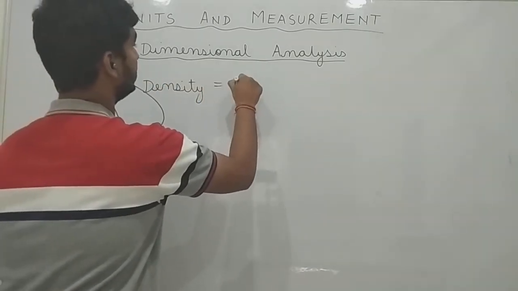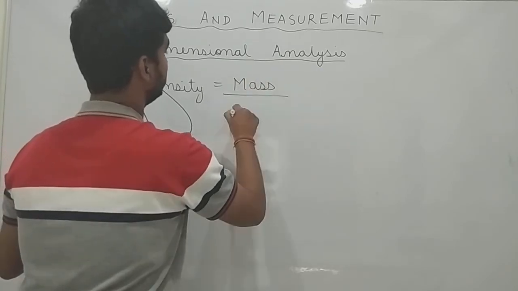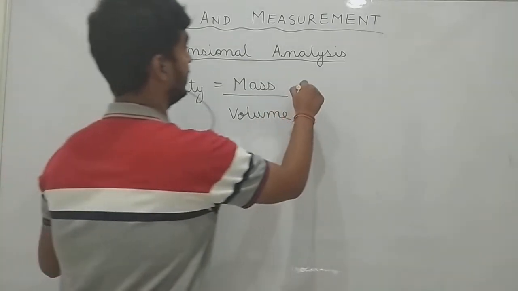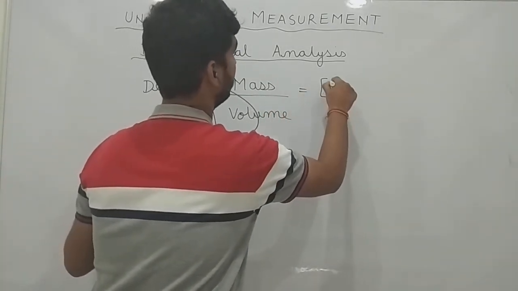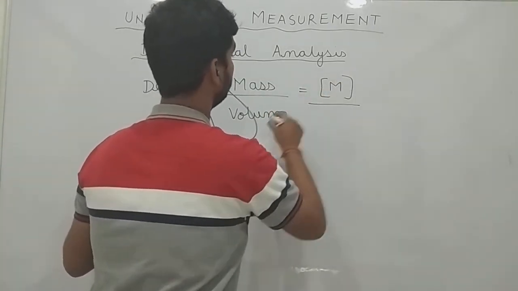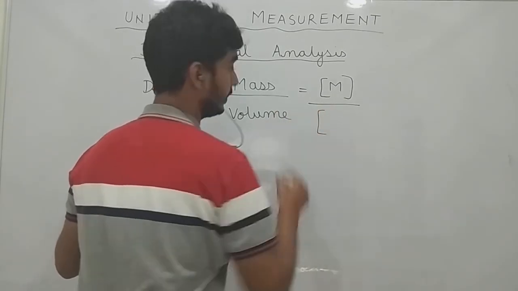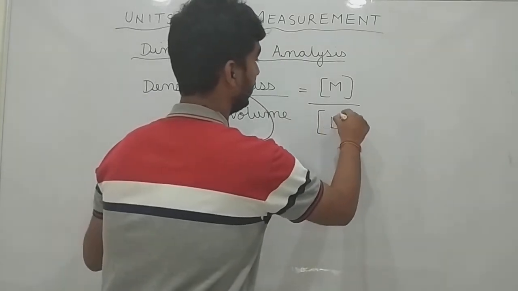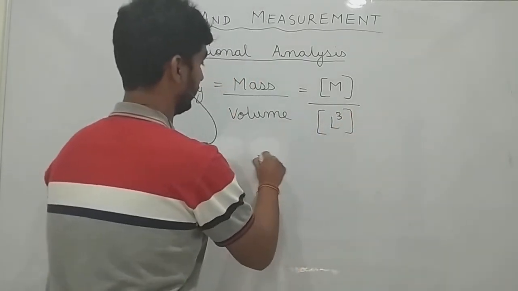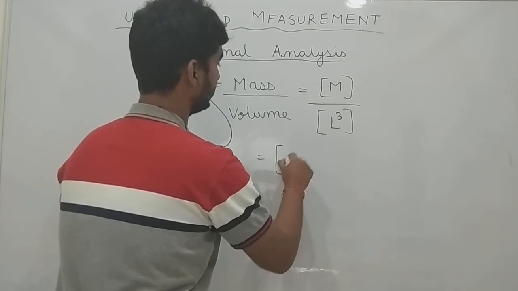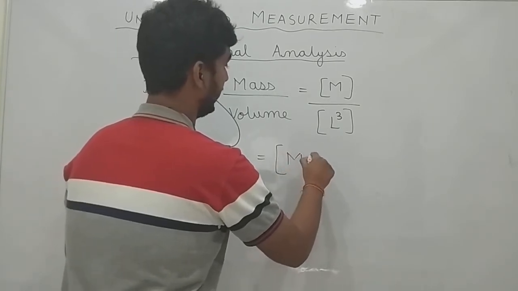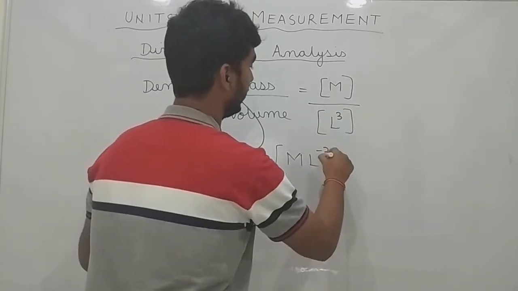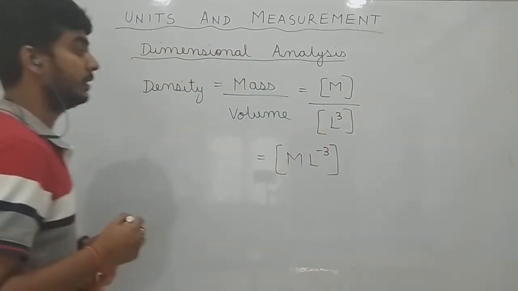Density formula, you know, density is equal to mass divided by volume, or mass per unit volume is known as density. The dimension used for mass is M, and the dimension used for volume is, as we have found just before this, L cube. So the dimension used to represent density will be M L to the power 3. This L cube will go in the denominator, so it will be M L to the power minus 3.